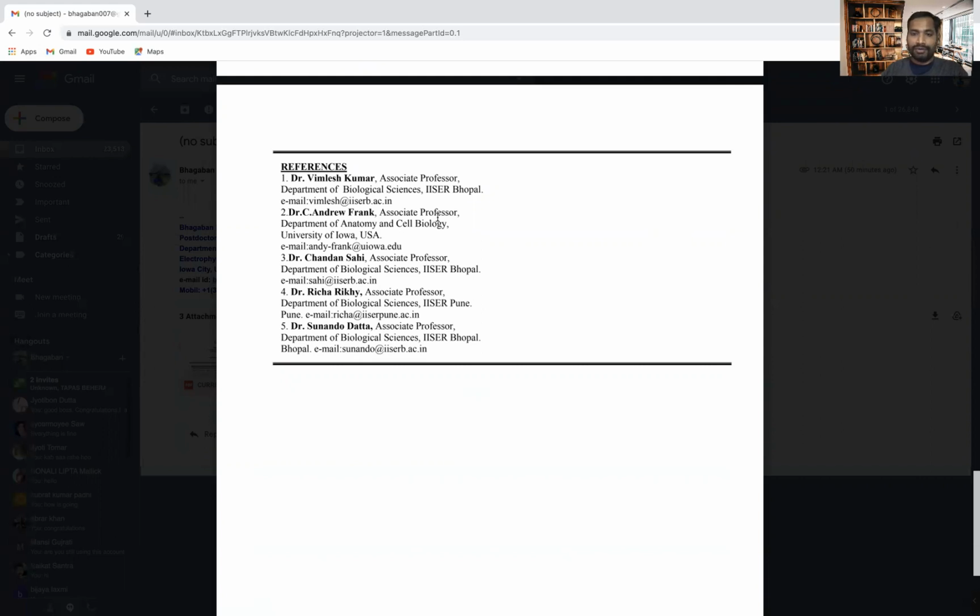That is what is in the application, because they are going to recommend that you are a very good student, or a very hardworking student, or a very talented student, and to do research. Because that will help the laboratory to grow. If they come to know that you have not done well in your PhD or undergraduate, that will be a very bad impression for them. So that application will not be considered.